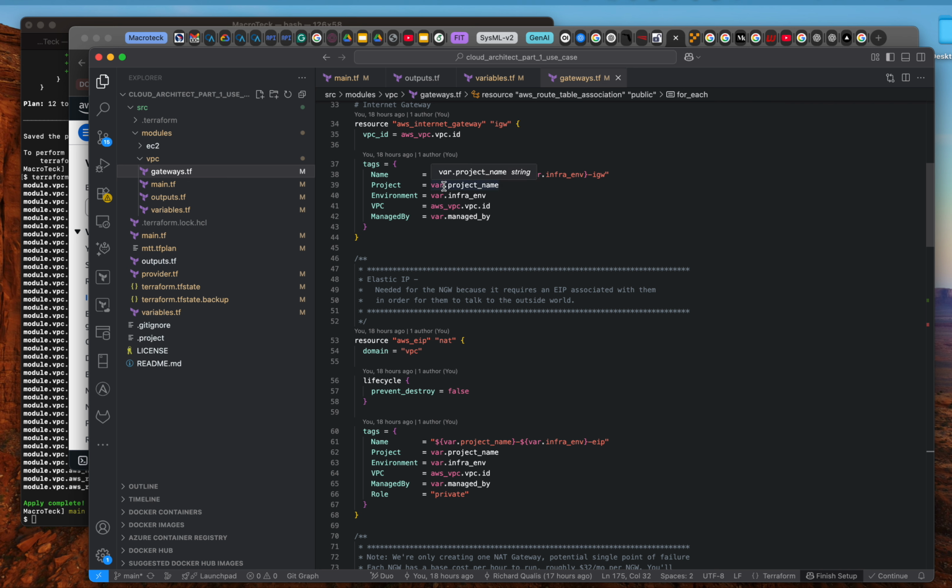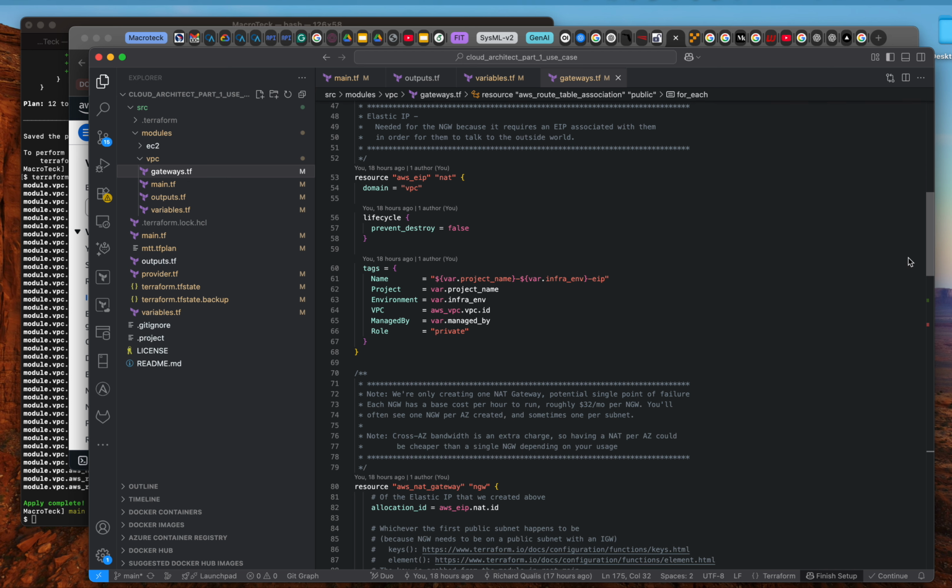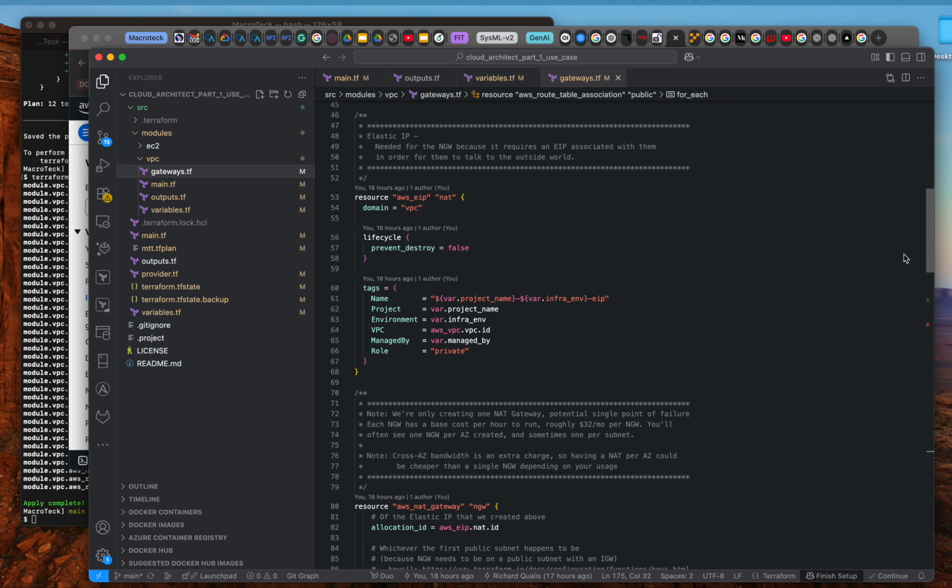We dropped in the resources for building the internet gateway resource, and the Elastic IP needed for the NAT gateway, because it requires an EIP associated with it in order to talk to the outside